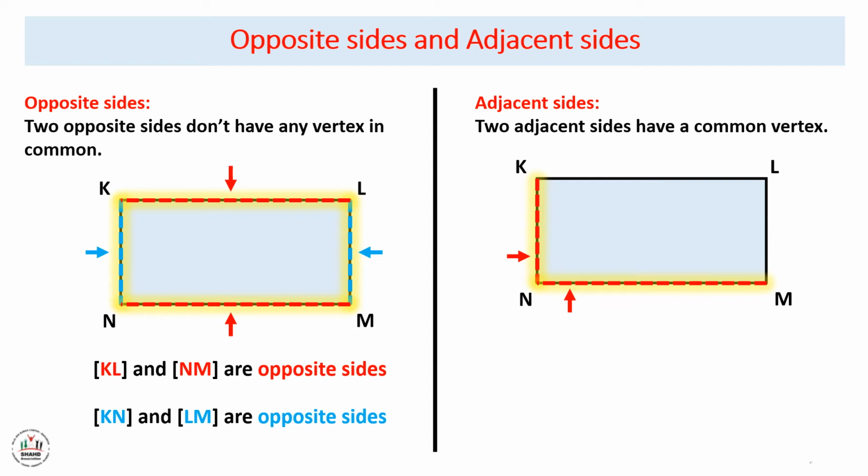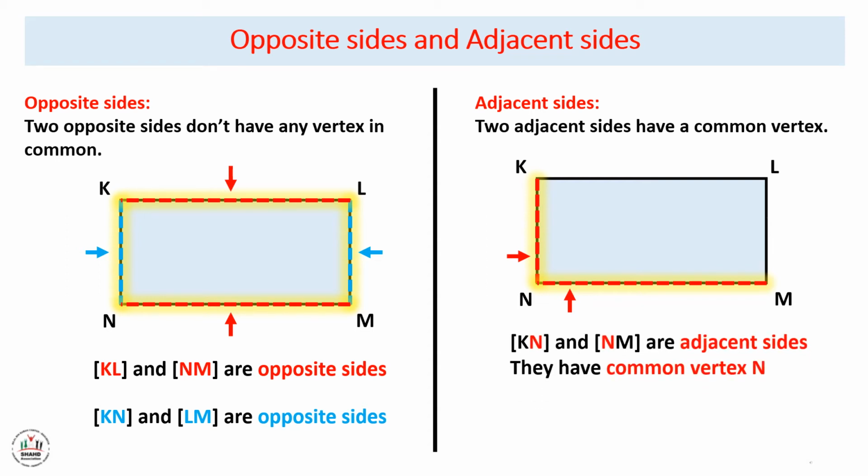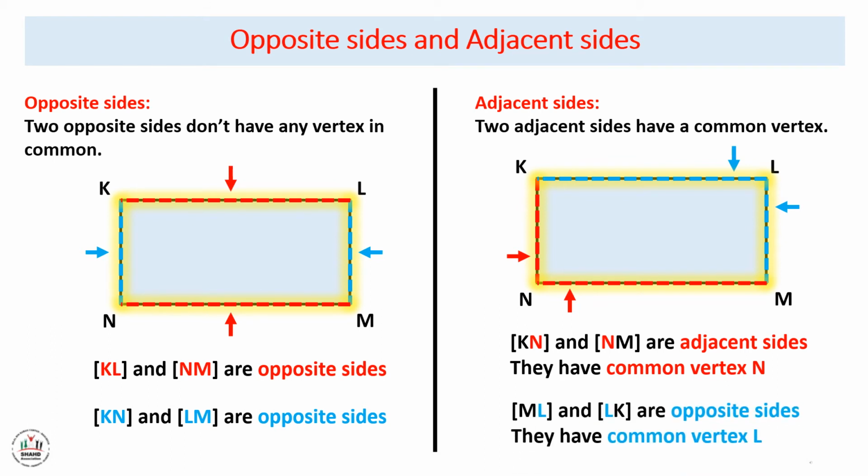So since this is the common vertex for NK and NM, NK and NM are what? Adjacent sides. So NK and NM are adjacent sides, or KN and NM. So KN and NM are adjacent sides, they have common vertex N. And we can take KL and LM. So ML and